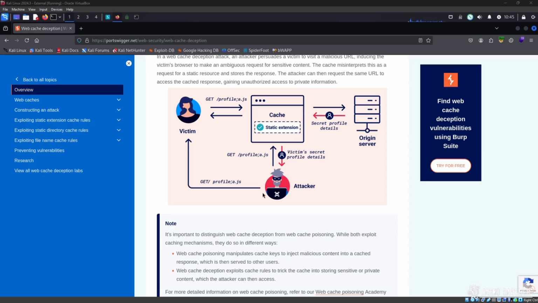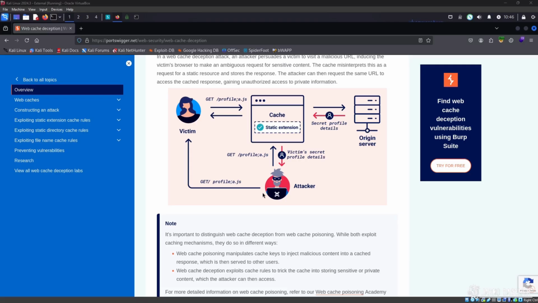Caching systems are typically configured to store static content files like CSS, JavaScript, or JPEG because they don't need to change based on the user. Dynamic content, such as a user's profile page, like my profile or account or a dashboard, is user-specific and often contains sensitive data like names, email addresses, or authentication tokens. These pages are meant to be excluded from caching to prevent unauthorized access.